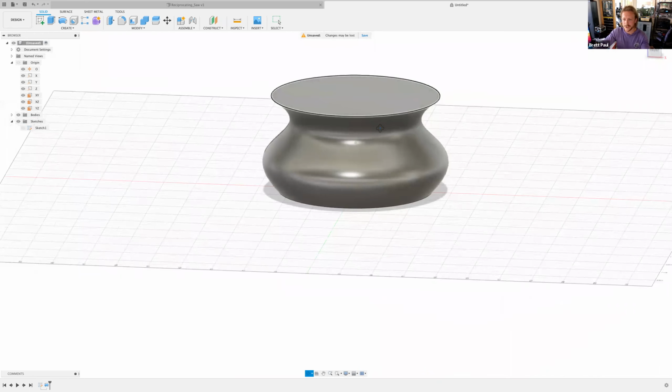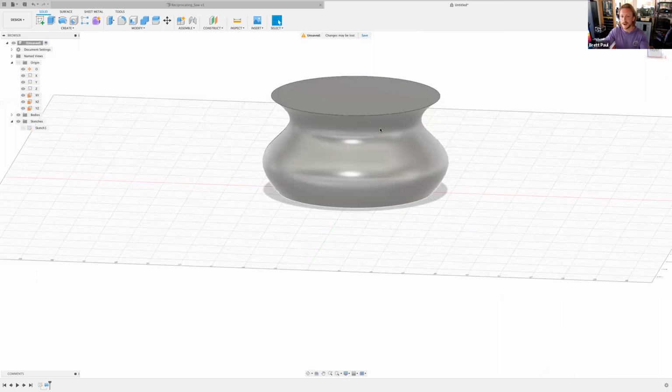So here's where parametrics and defining your sketch is really, really important. Let's say I don't like the shape of this vase very much. I want it to have the same outer curve, but I want it to be narrower. The way that I would do that is I would go into the original sketch,